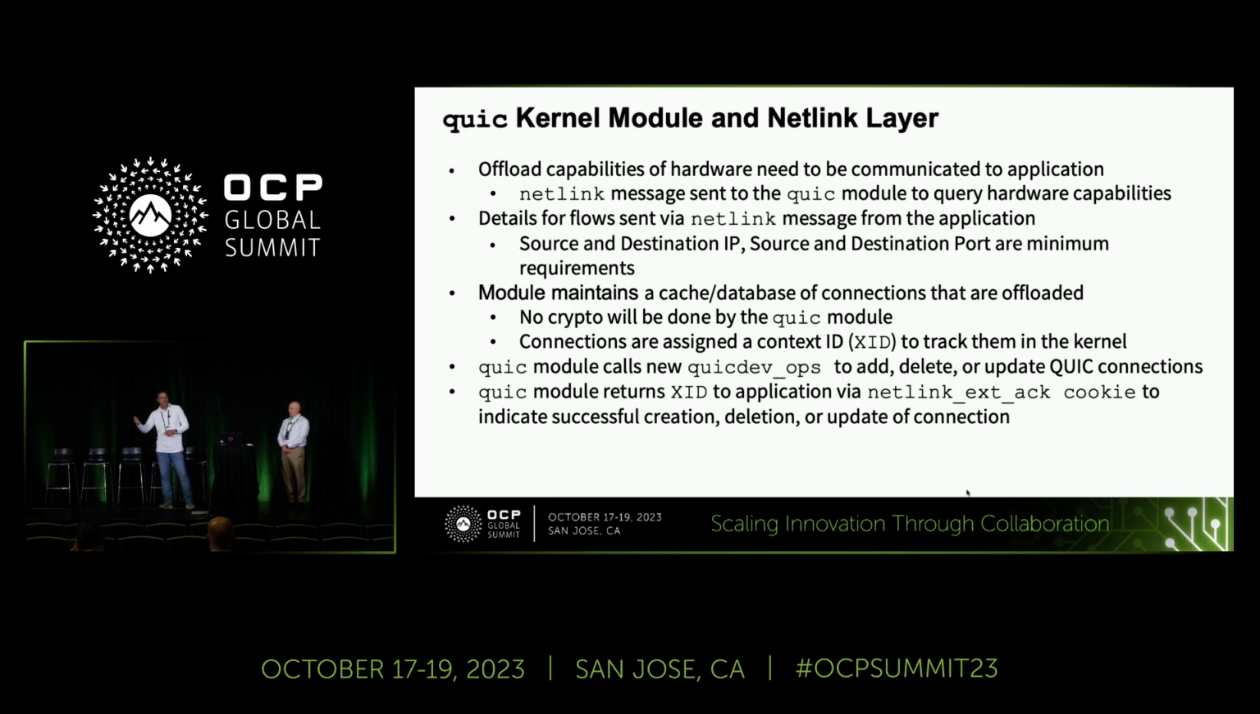So that context structure will follow that SKB all the way down to the driver. Okay, and then when the driver gets that packet, it says, oh, I have a QUIC packet. Here's the context right here. The driver does not have to do its own lookup. So there's only one lookup that occurs in the TX path all the way down,